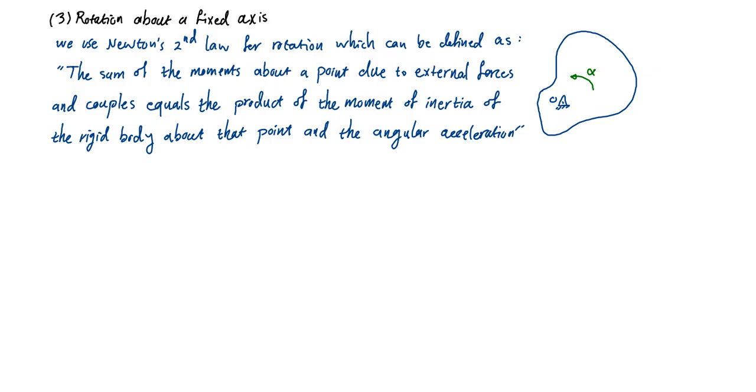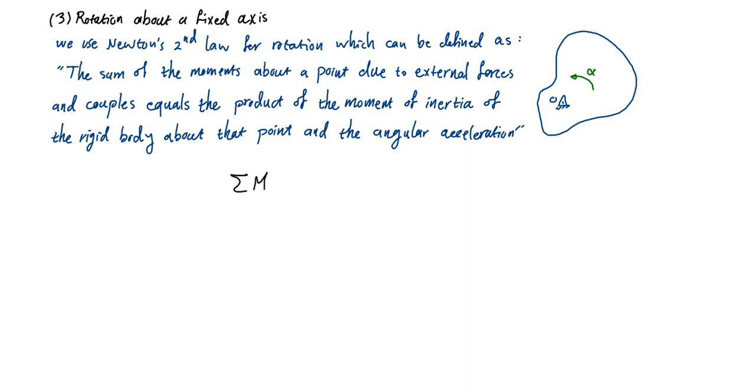Right? That's it. So the sum of the moments about a point due to external forces and couples is equal to the product of the moment of inertia of the rigid body about that point and the angular acceleration about that point. So if I want to write it in mathematical terms, the summation of all the moments,